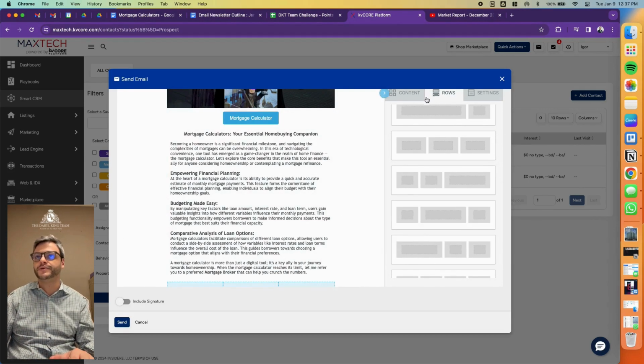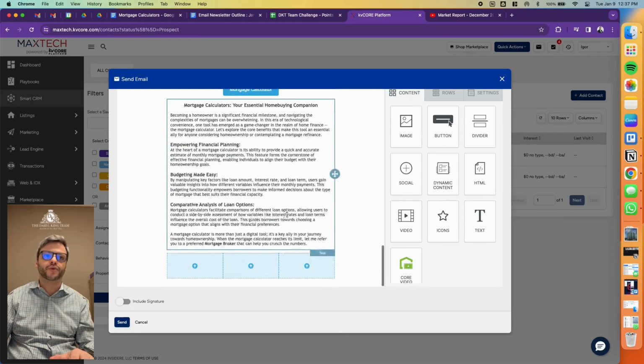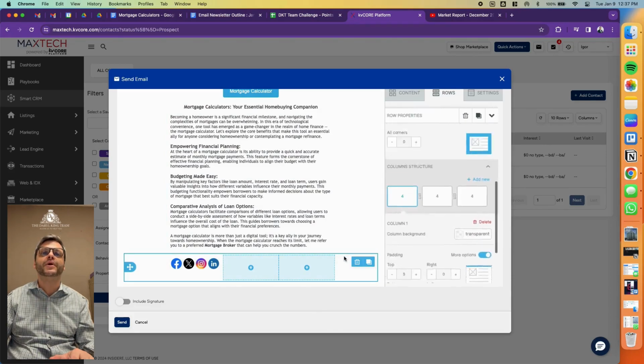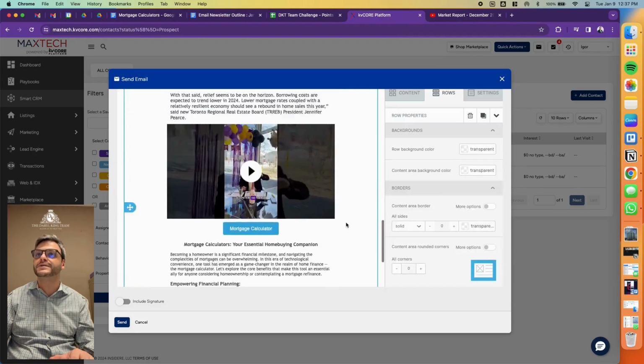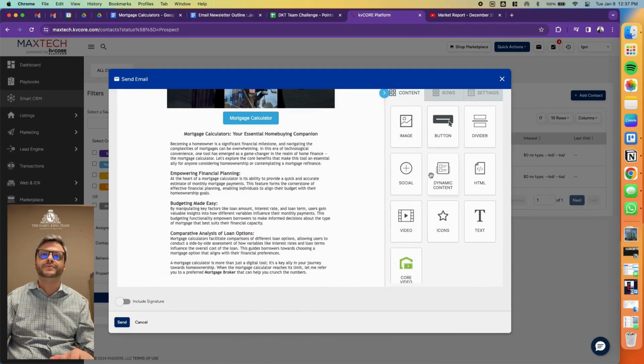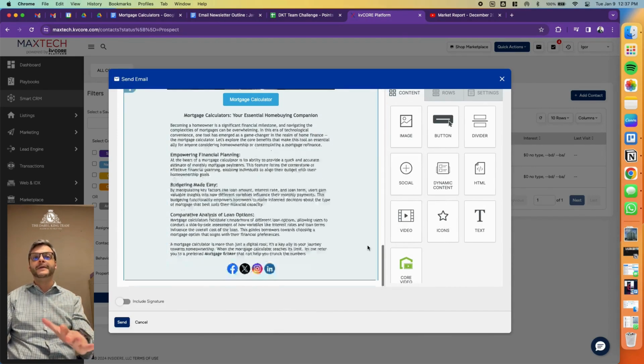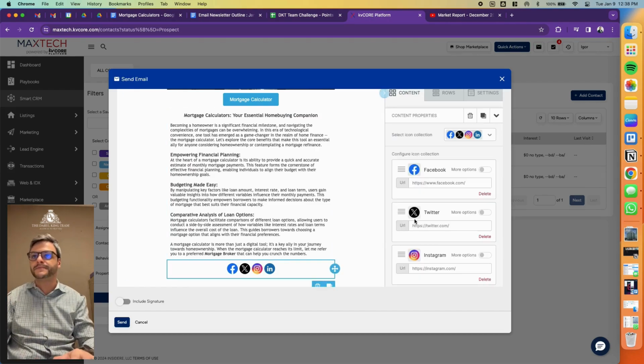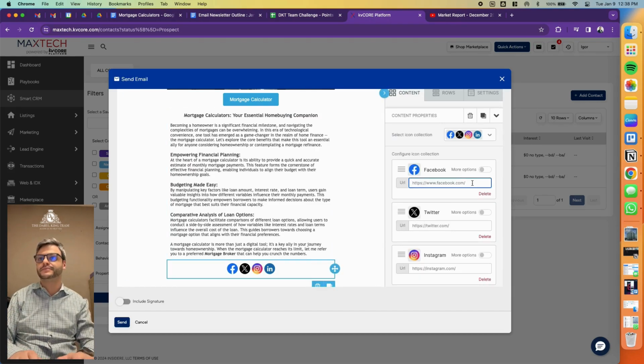Okay, content, rows, content, social 1. Oh, I made a mistake. I guess it does all 4. Guys, disregard that one. I'm not redoing this. Content, social. Boom. Ta-da. The last thing they're going to see is links. So when you click on it, you can modify the links. Modify it for you. I don't have a Facebook. So I only have,